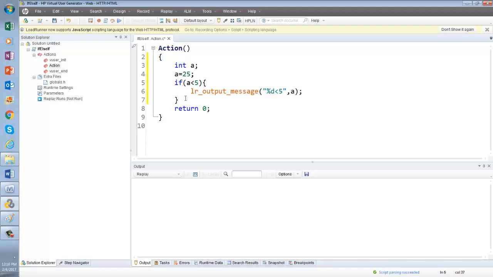And then here else if a less than 10, we are saying... and can you see the alignment of the statement?